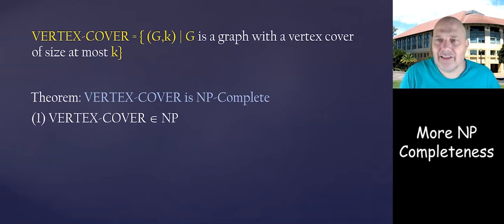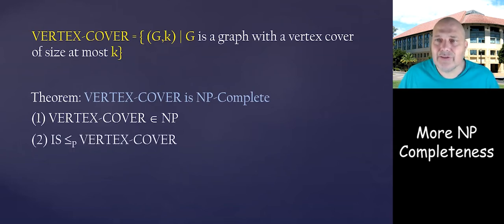Well, a witness of this vertex cover of size at most K is a vertex cover. So given a set of vertices, it is easy to first check that it is of size at most K, and then to check that all the edges are adjacent to one of the vertices. So it's not hard to show that it is in NP. It's exactly the way we've done it so far.